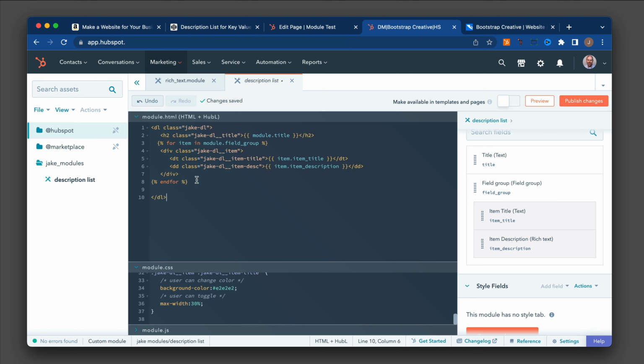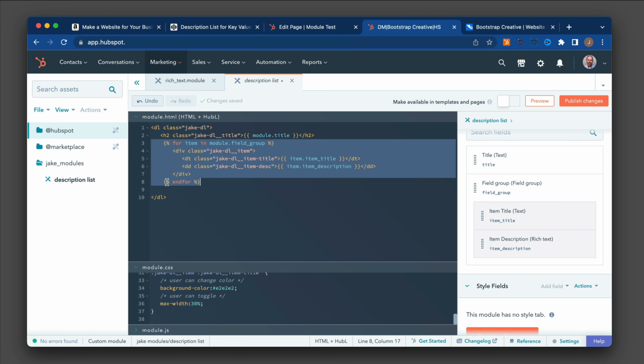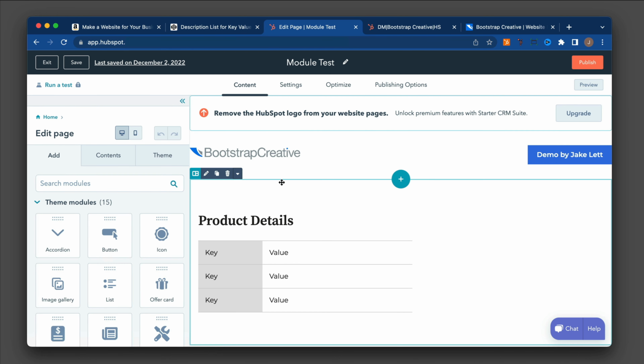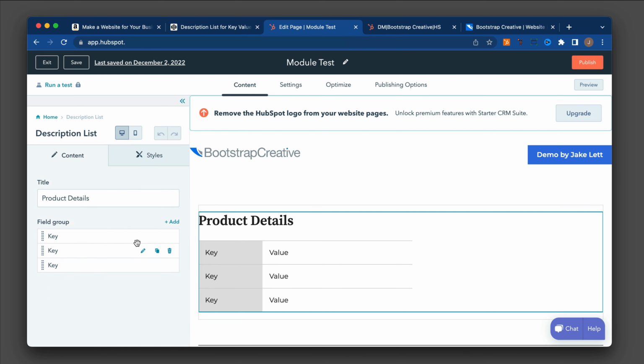Remove those empty spaces and let's move this over here. Okay, great. So now we have our title and then our for loop, which is going to have the repeating fields, and it will just duplicate this code every time someone adds a new block of content. I'm going to publish changes, go back to my page, refresh, and then we have the key value. So it's looking like it's working here. If I delete this, it's going to remove this group here.